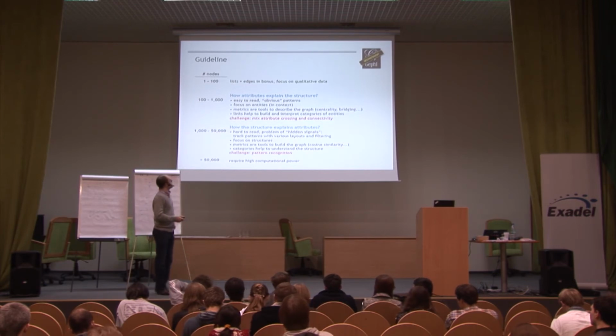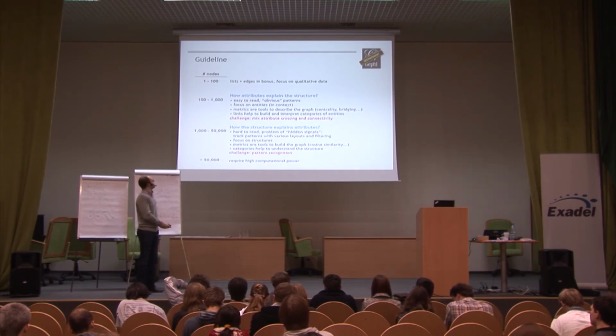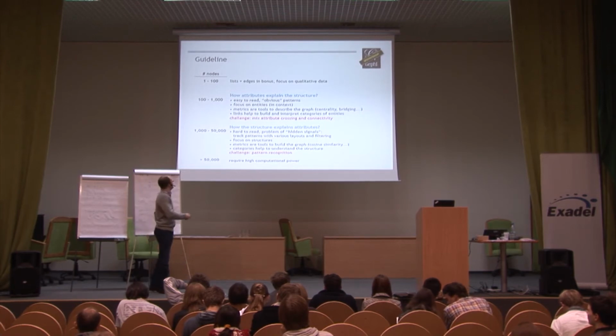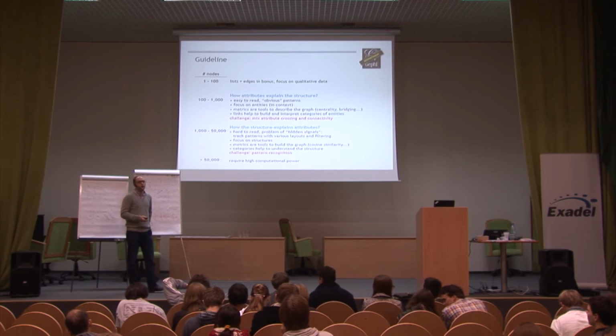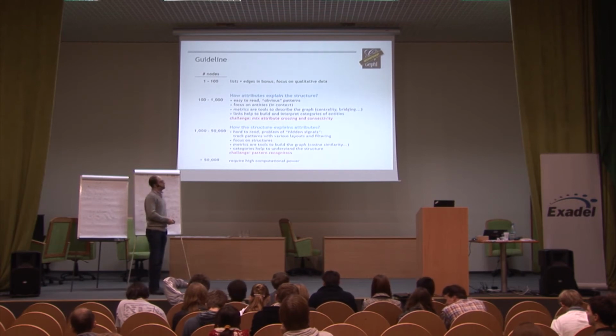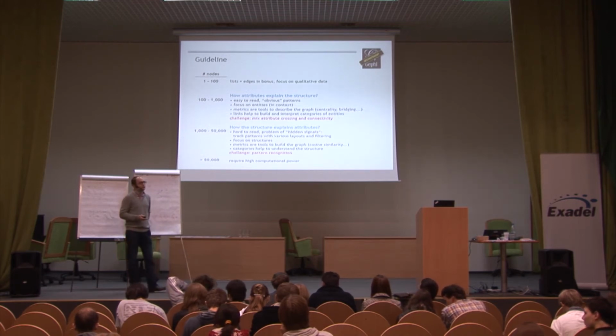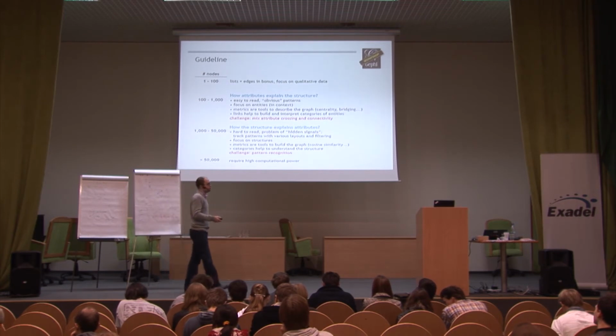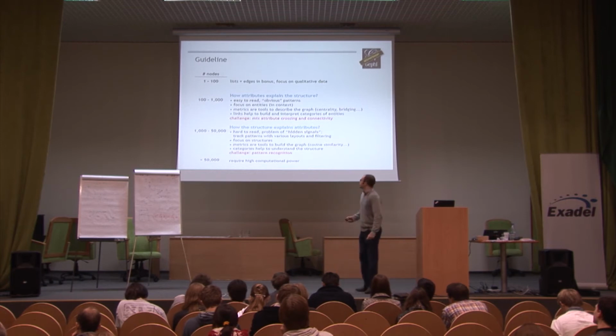But today, we prefer to say that you just have a list of nodes and some edges as a bonus. I mean, the structure of the network is not really informative on such small networks. Most of the time, it's particularly obvious, or you won't get more information. But if you have qualitative data,